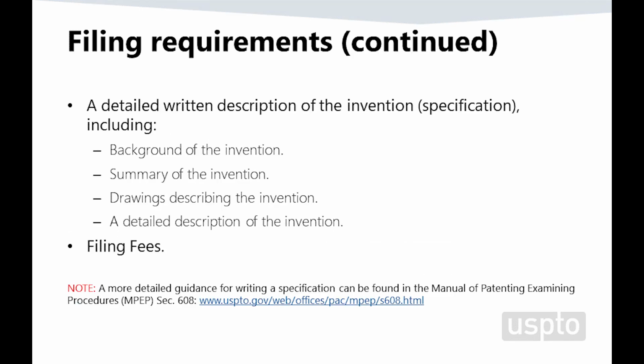Additional requirements for the provisional patent application include writing the details of the invention, also referred to as drafting the specification or the disclosure. This is probably one of the most important aspects of writing your application. This process allows the inventor to take his new idea and convert it to an invention. More details for each of these requirements are provided in subsequent slides. Also note, there is a nominal fee associated with the filing of a provisional patent application.